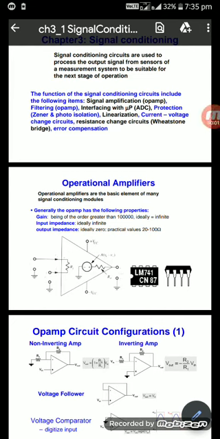Guys, next class it's connected to analog signal conditioning. Analog signals depend totally on logic 0 and logic 1. Signal means we have to indicate directions, changes in sine waves, either input signals or output signals. That is called analog signals. Conditioning means we have to interface totally with analog signals.